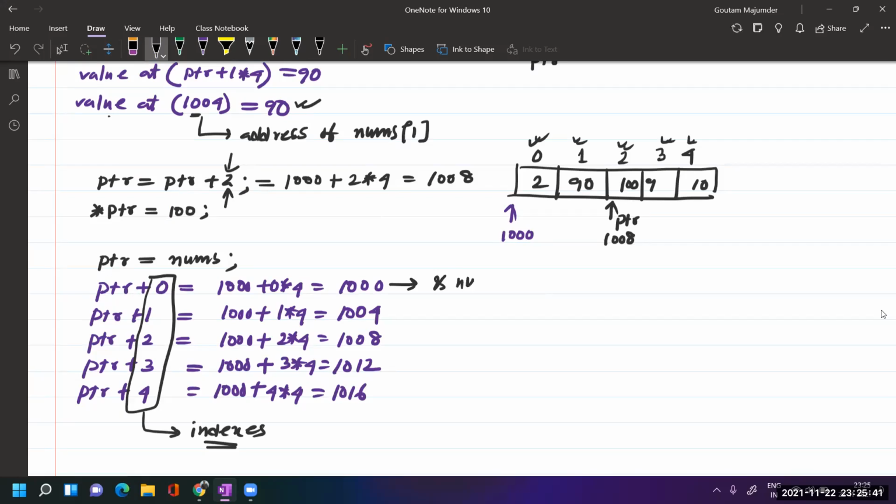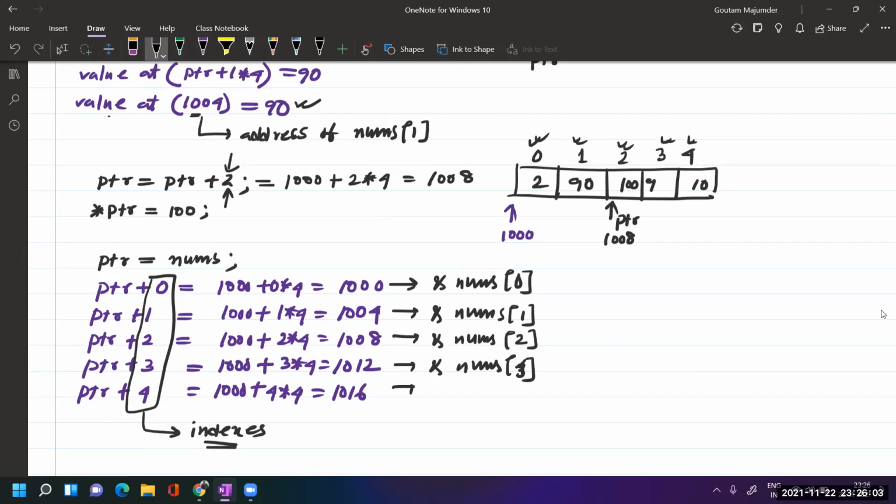Address of 0th item, address of first index item, sorry, address of third item, address of fourth item, and this is address of fifth item.